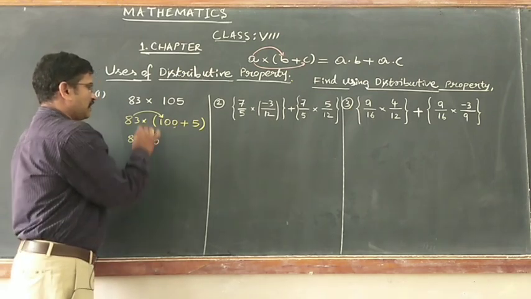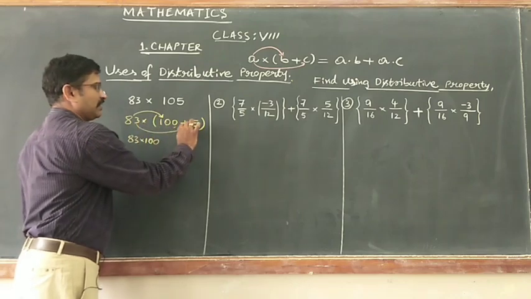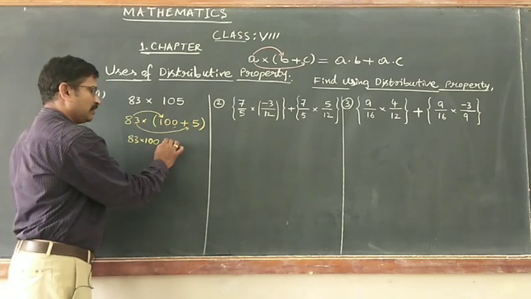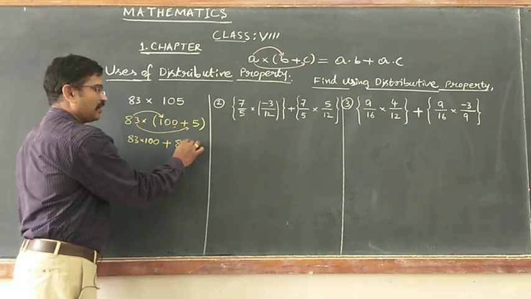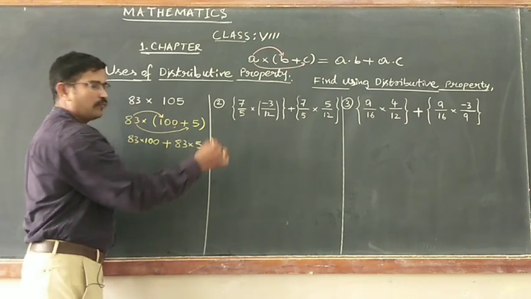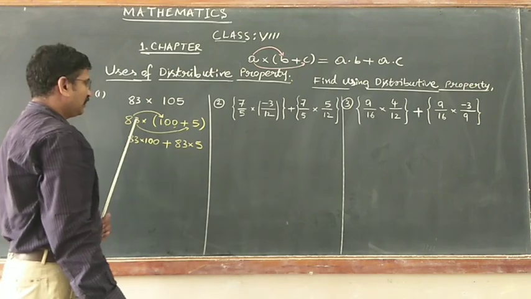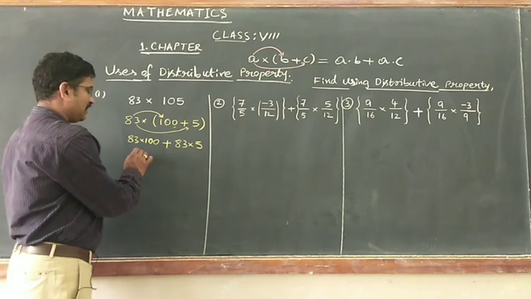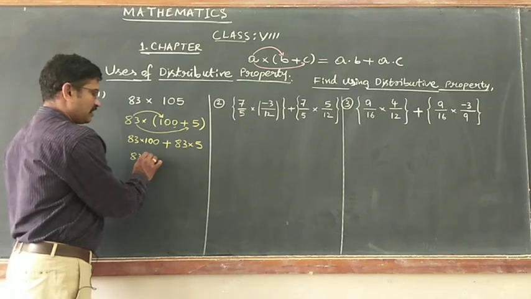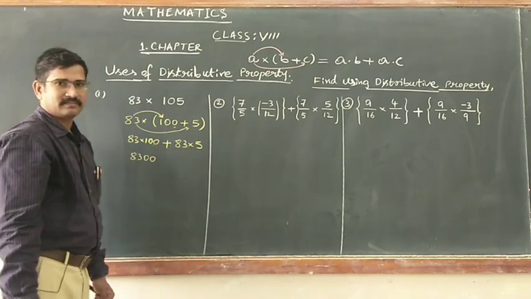Next, this 83 is distributed to 5 with the addition symbol, 83 into 5. Children, here we can simplify 83 into 100 in an easy way, as this 100 is just